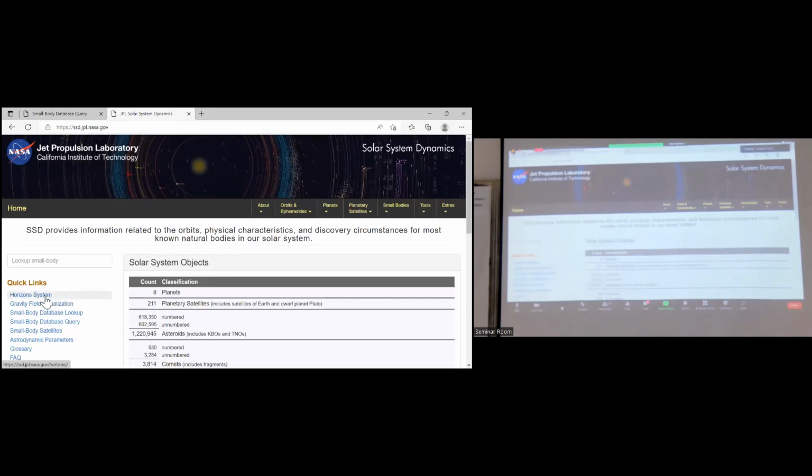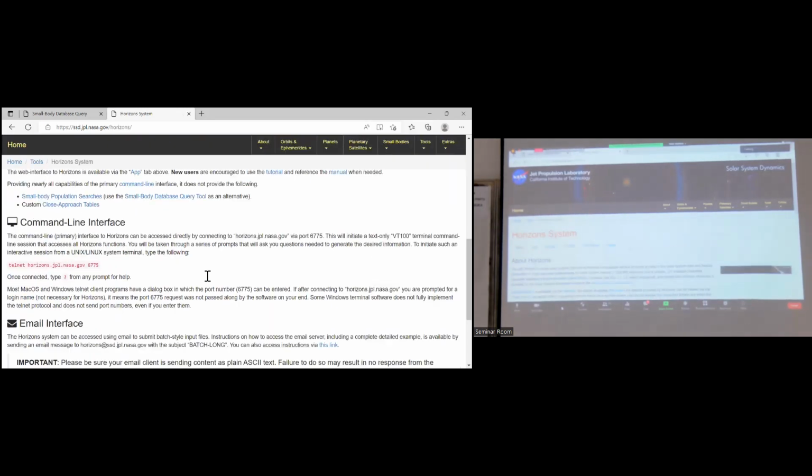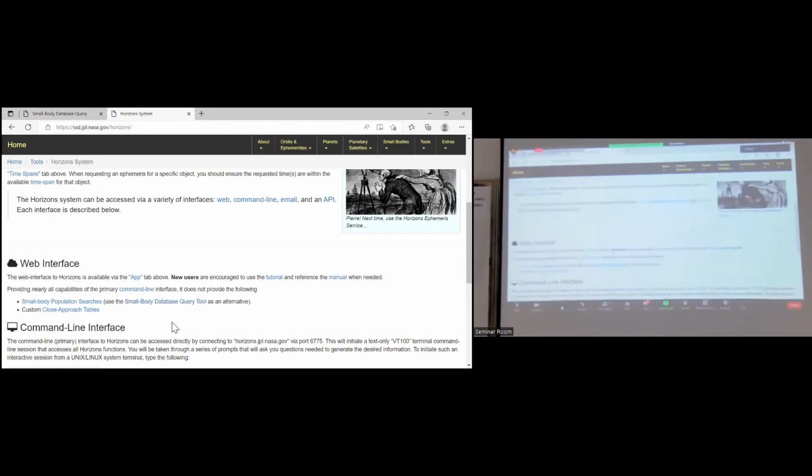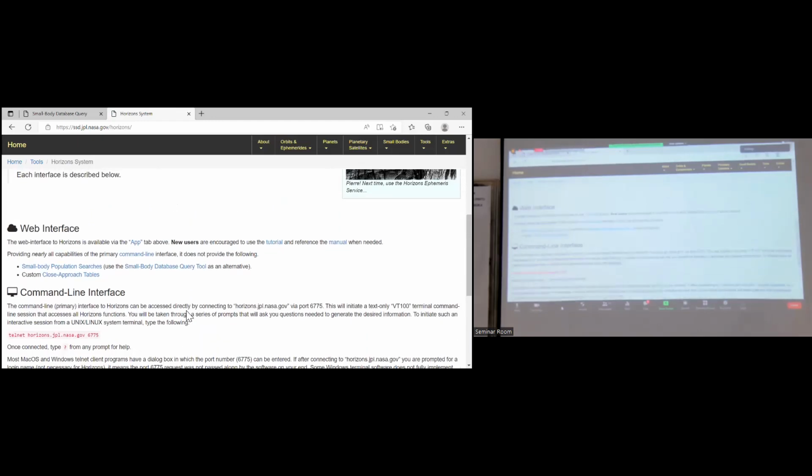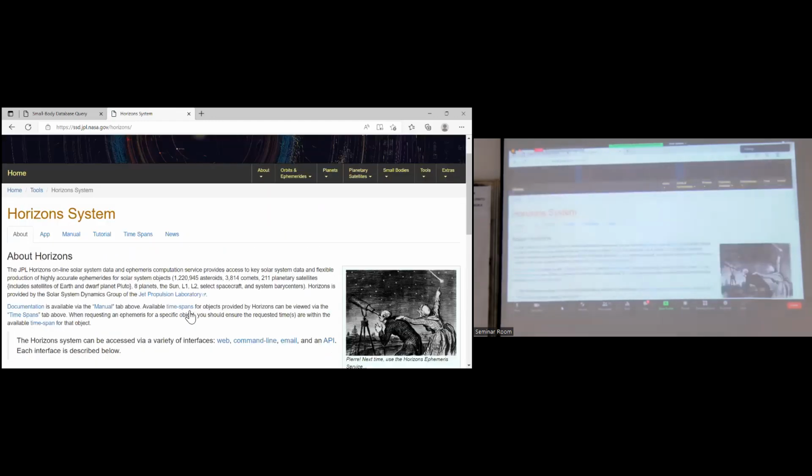Now you click the Horizons system. Mercury to Neptune, you will collect 8 data.